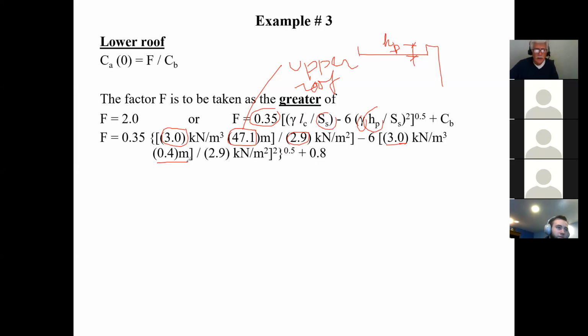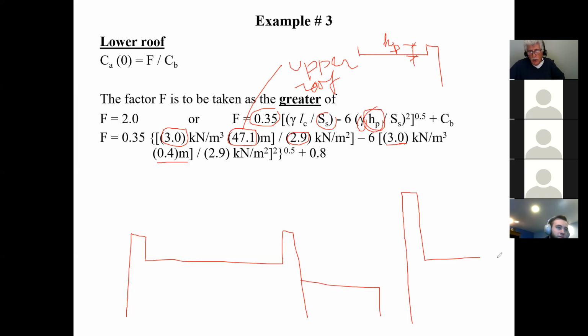Okay, parapets are never less than 10 inches, and on the average, they are about 12 inches, and they can go up to 16. They can go up to whatever the architect wants to do. That's my HP value. Now, guys, to give you an appreciation of why this becomes a factor, so that you can appreciate why they put this into the formula: if I have a roof here like this, and I have a parapet that's this big, and I have my lower roof here, and I have the same building, but the parapets are much higher,